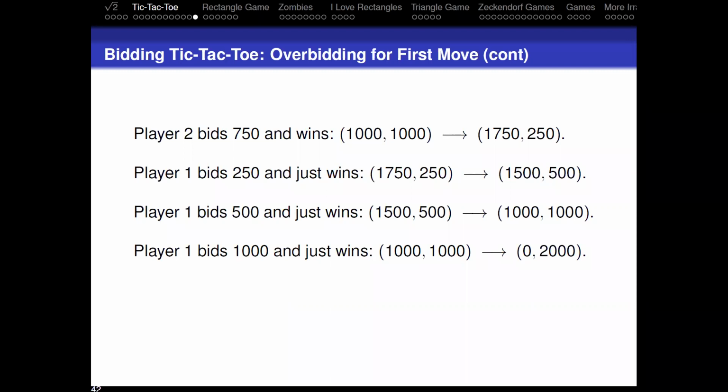If you wanted player one not to win a tie, you would have to subtract just a little bit from 750, maybe subtract $8. And as a nice exercise, you could figure out just what you need to do. So the goal of this part of the lecture is to just introduce you to some of the issues and some of the challenges of trying to come up with strategies for games.